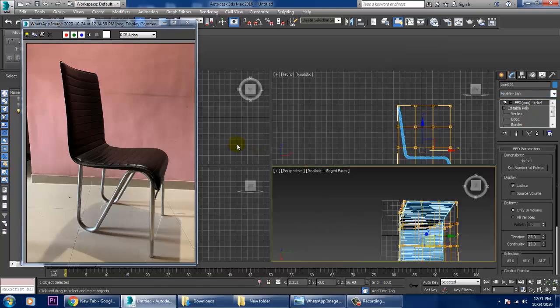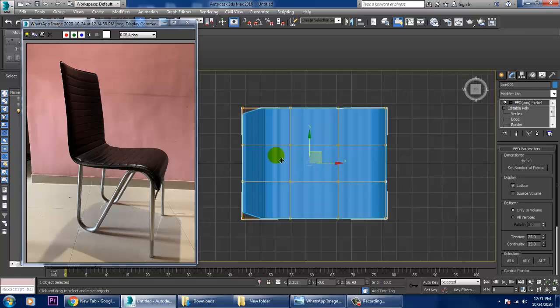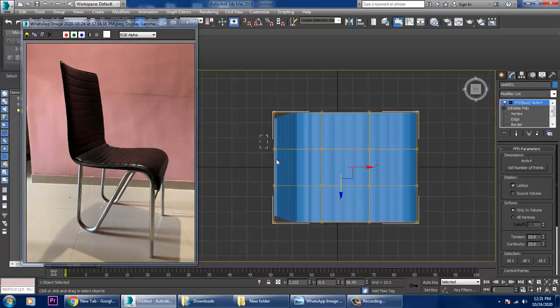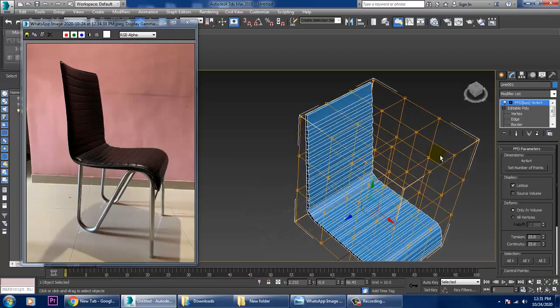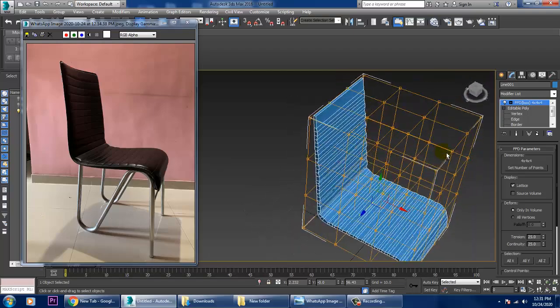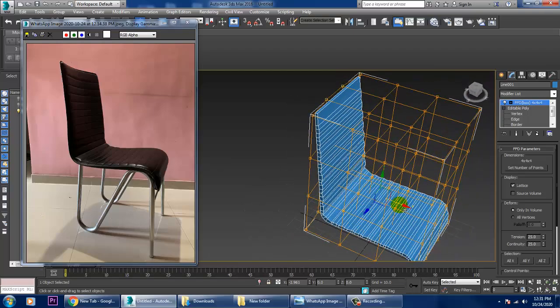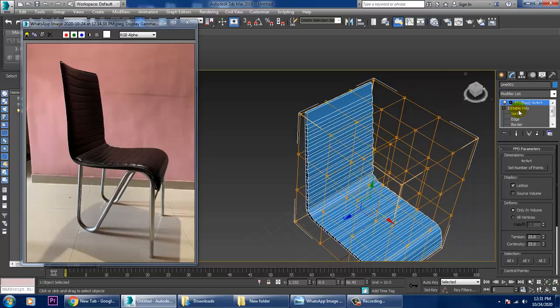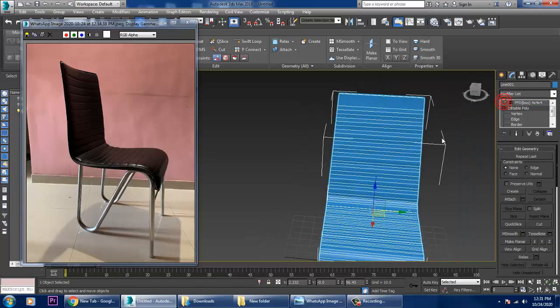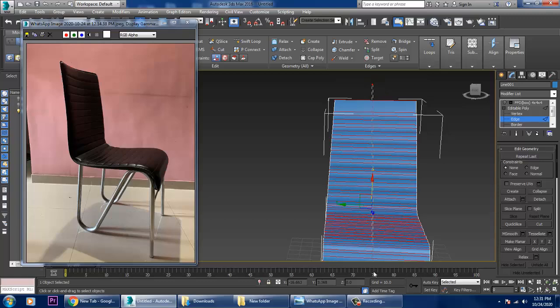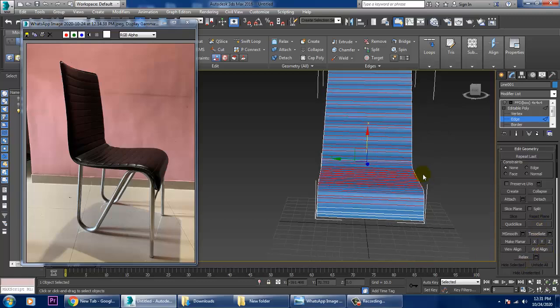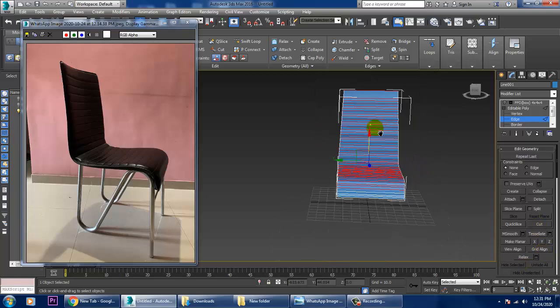Let's go into the top view over here. Let's go into this FFD box. I cannot push it directly inside because there are no loops over here. So very first of all, you need to assign some loops over here.